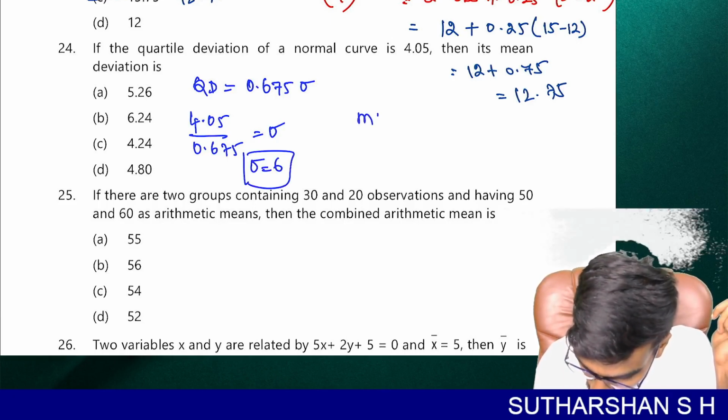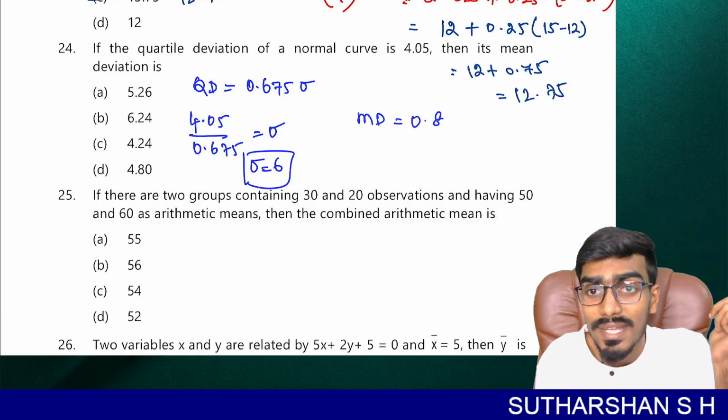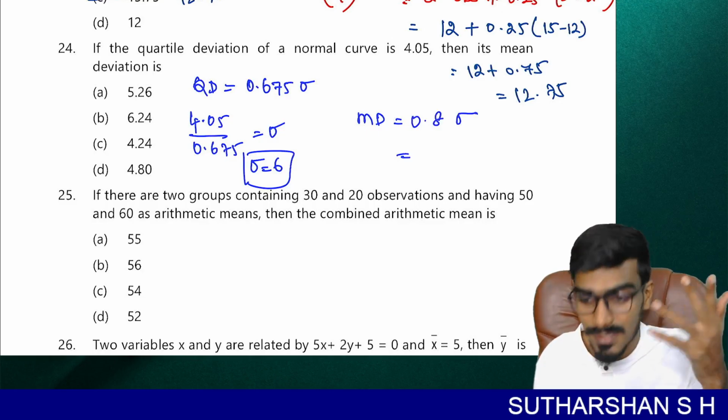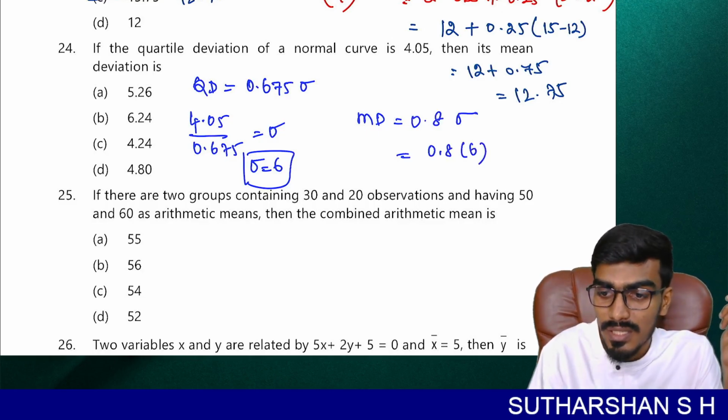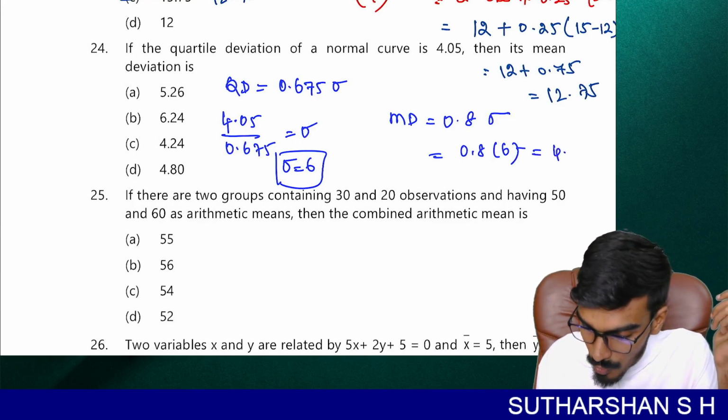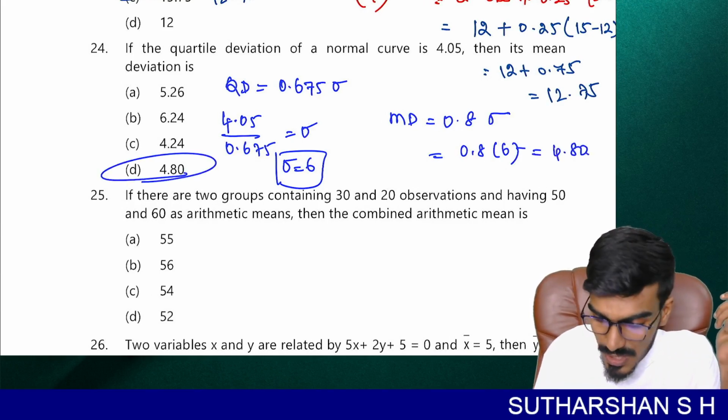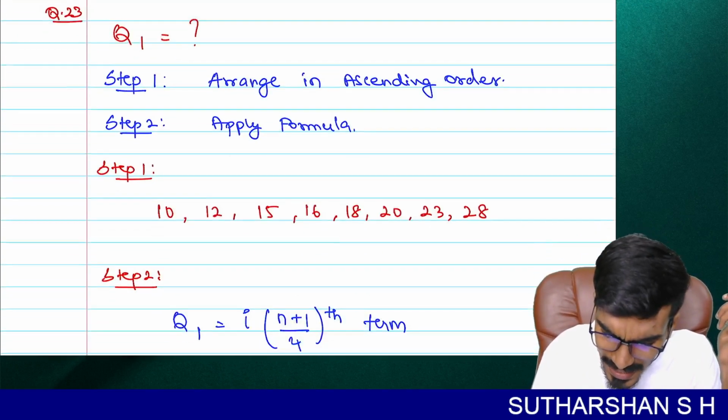Mean deviation, MD, is equal to 0.8 sigma. 0.8 sigma is nothing but 0.8 into 6, which is equal to exactly 4.80. So option D is your answer. Alternatively,